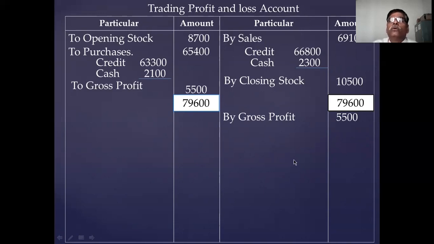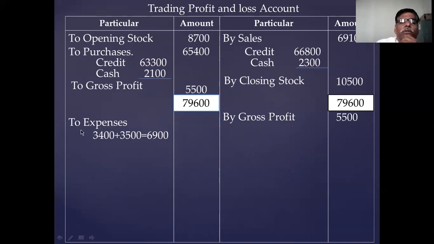Okay. Now you take the expenses related with P&L account. Cash account, bank account, debtors account. From these accounts, credit side, whatever expenses are there, you write on the debit side. And cash account, bank account, creditors account, whatever incomes are there, you write in the credit side. Okay, by making adjustment. One adjustment is there.